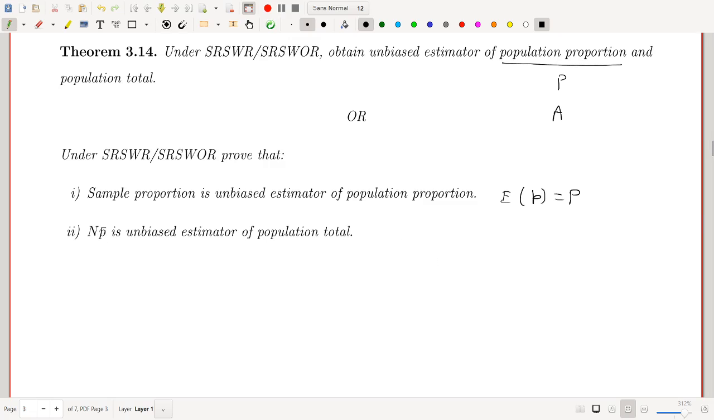Sample proportion is an unbiased estimator of population proportion, and N into small p is an unbiased estimator of population total. So expected value of N into small p is equal to capital A. So we want to prove these. So, proof of this theorem. Proof. Consider